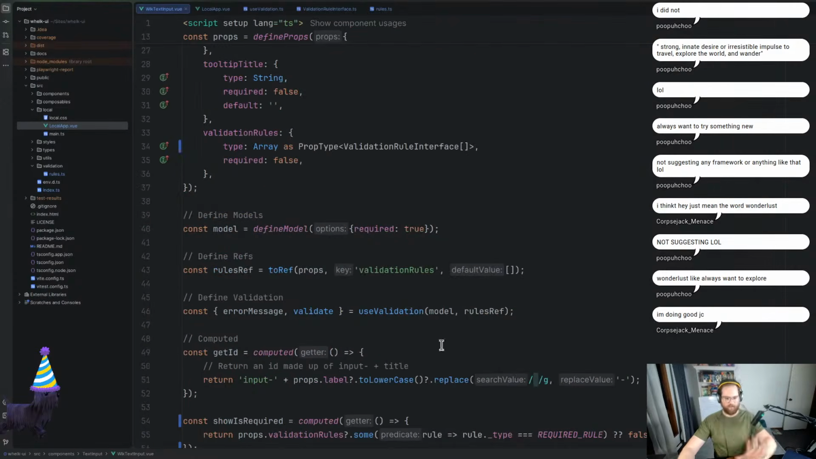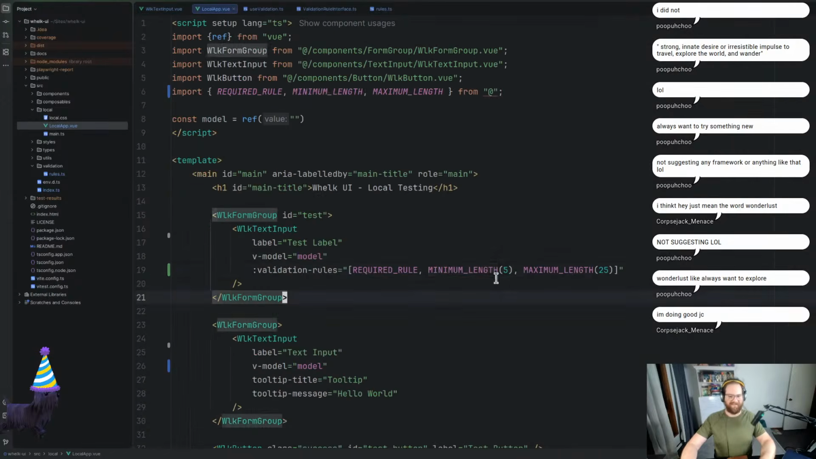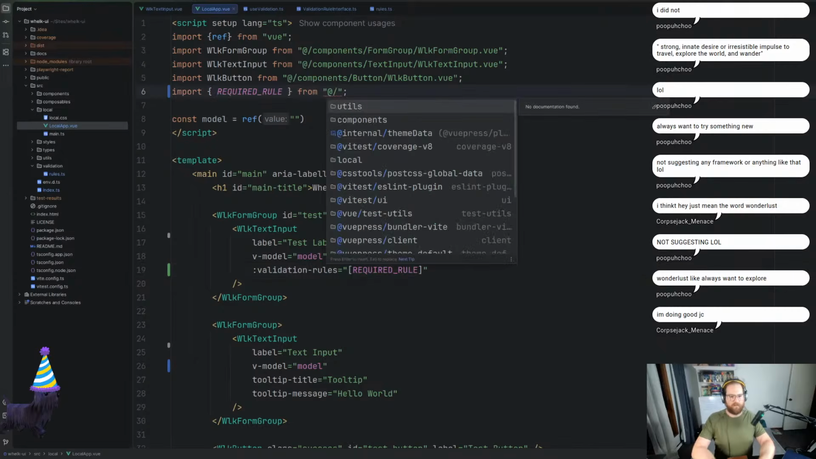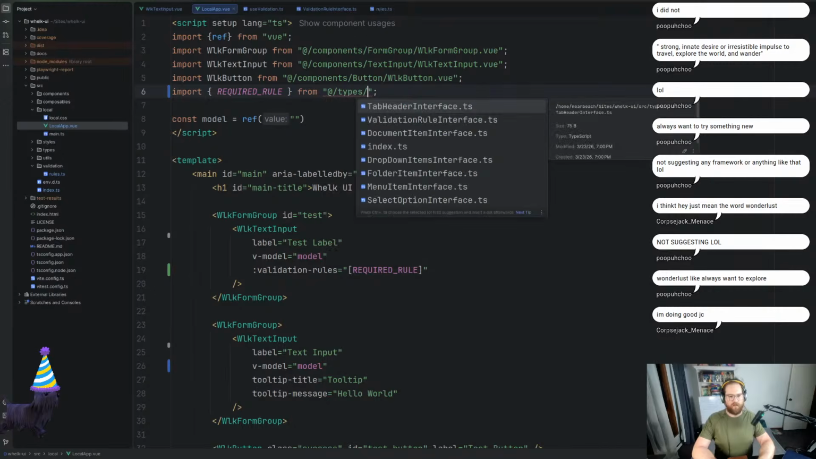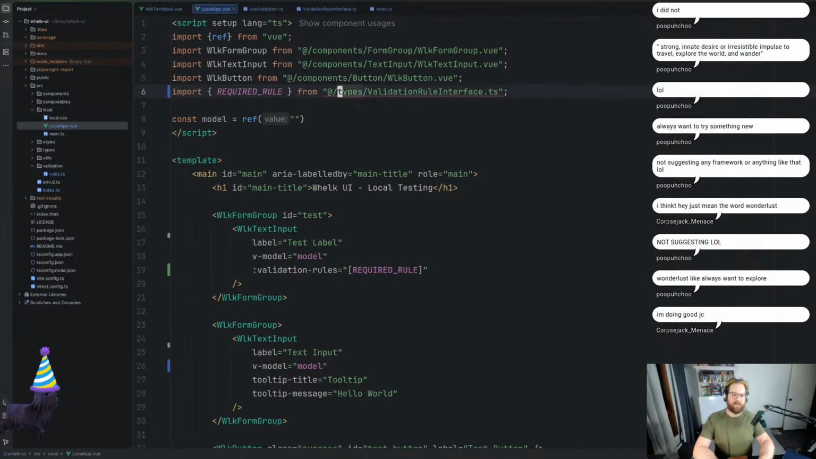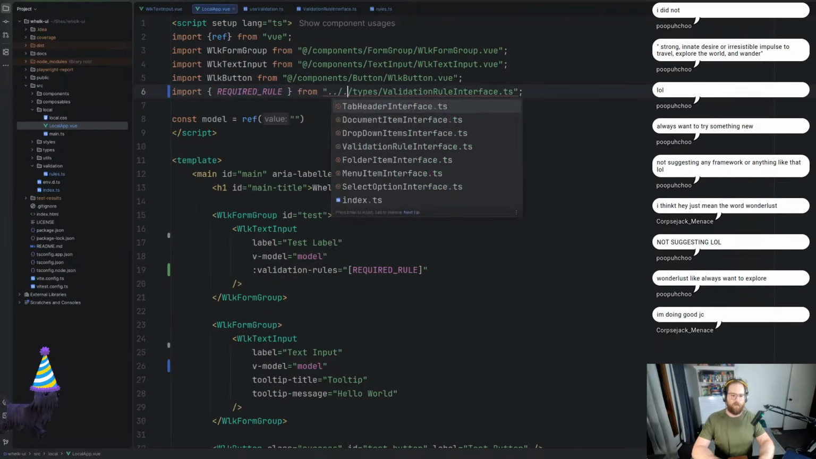All right, we'll start with one first. We're just dealing with it with that. And once again, this goes to, it's actually going to be in the types. This is going to be validation rule interface. Once again, it doesn't like that, so then I have to go